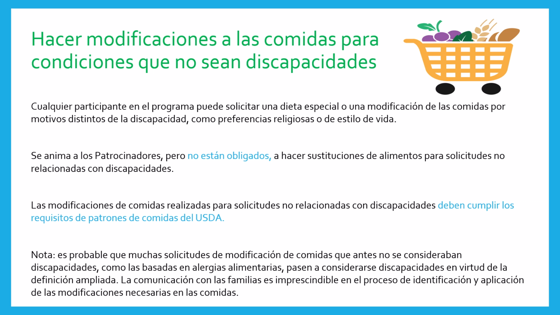So if you have a vegetarian population, you may offer a variety of meat alternate options that would be appropriate for vegetarians and non-vegetarians, so each participant is still receiving the meat alternate component as required by the meal pattern. They are simply receiving different food items within that component category. It's important to note that, as I mentioned before, with this expanded definition of disabilities, many things that may have